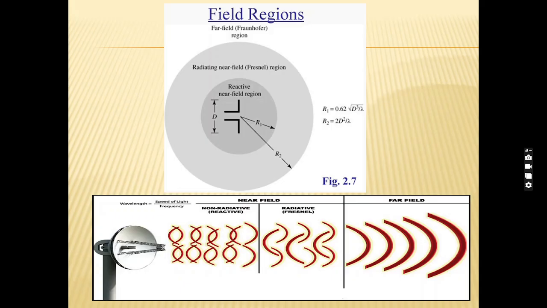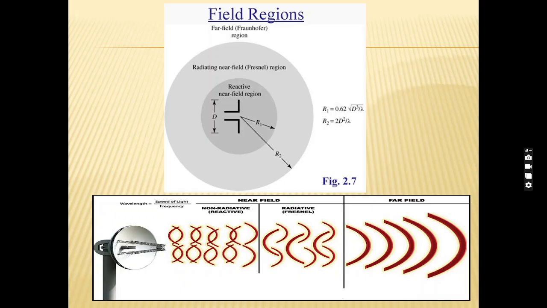For most antennas, the outer boundary of this region is commonly taken to exist at a distance R less than 0.62 times the square root of D cubed by lambda from the antenna surface, where lambda is the wavelength and D is the largest dimension of the antenna. For a short dipole or equivalent radiator, the outer boundary is commonly taken to exist at a distance of lambda by 2 pi